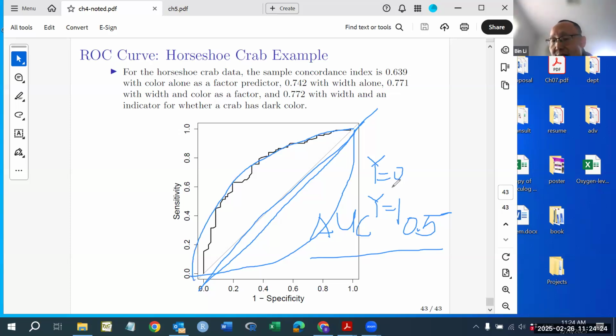So by just this simple operation, you will have a much better model. So that's why the worst model is on the diagonal. Okay,